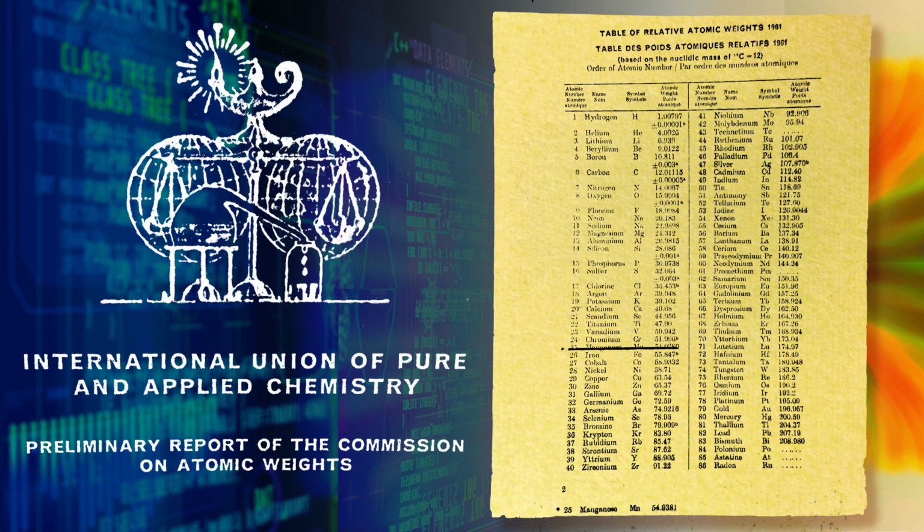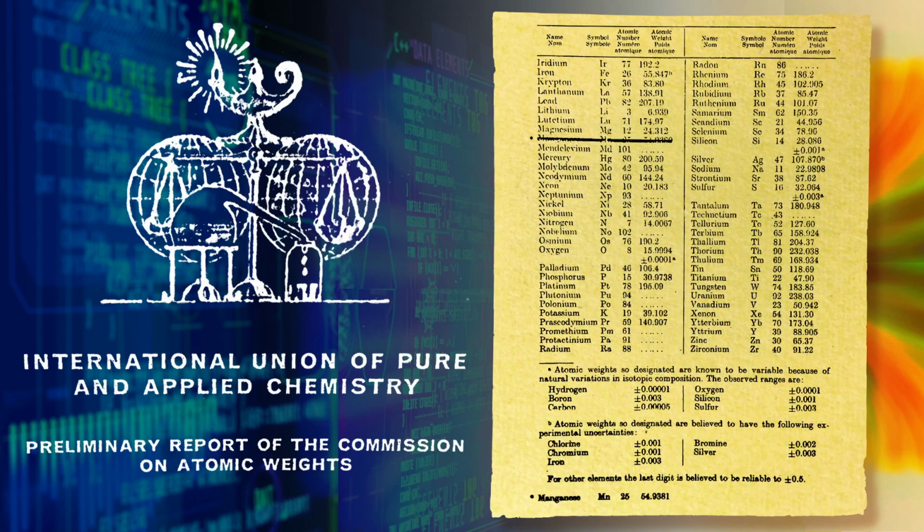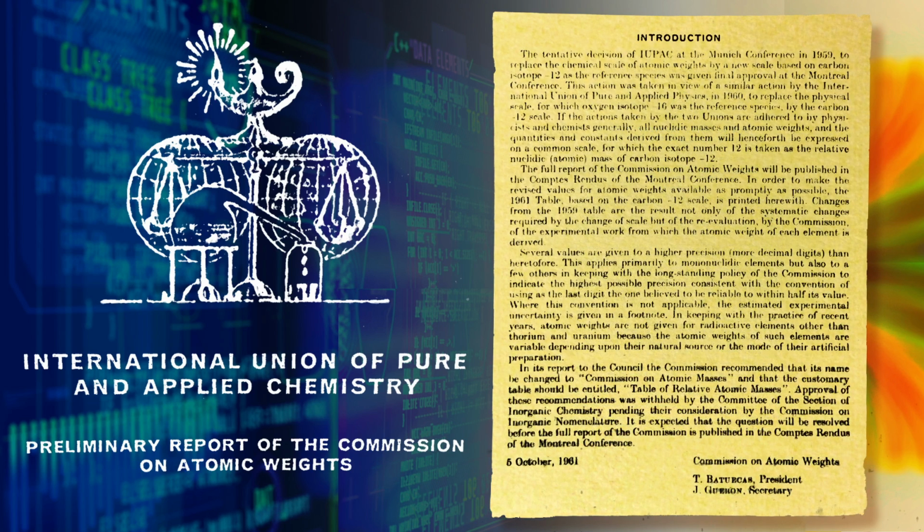Preliminary Report of the Commission on Atomic Weights. Introduction. The tentative decision of IUPAC at the Munich Conference in 1959 to replace the chemical scale of atomic weights by a new scale based on carbon isotope 12 as the reference species was given final approval at the Montreal Conference. This action was taken in view of a similar action by the International Union of Pure and Applied Physics